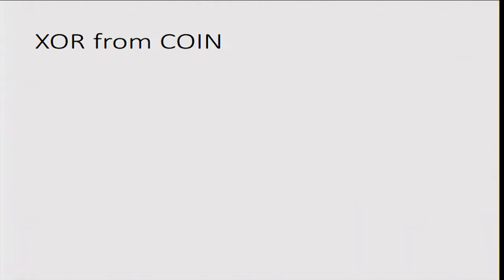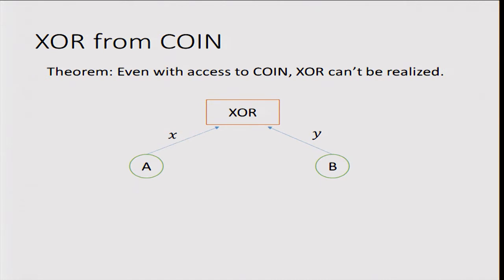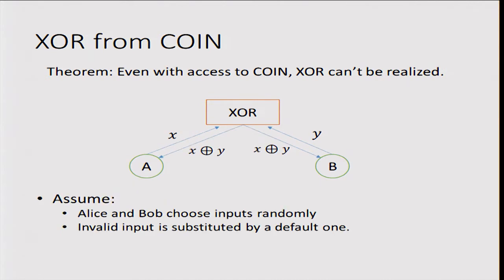Now we come back to our original problem. We want to show that even with access to the coin functionality, one cannot realize XOR fairly. The XOR functionality is simple. Alice and Bob have inputs X and Y, and they get the XOR of their inputs. If we assume that Alice and Bob choose their inputs at random, and any invalid input is substituted by a default one,